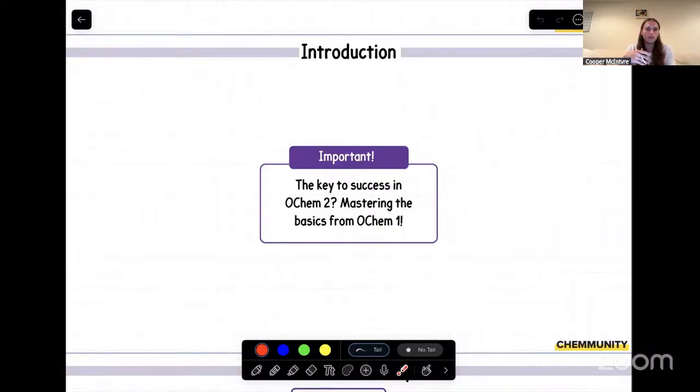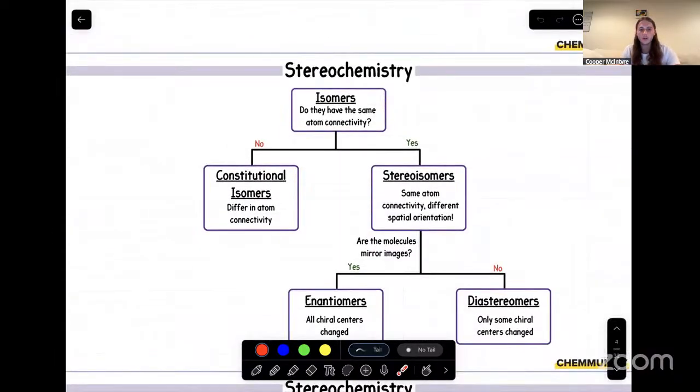I know you'll probably learn spectroscopy. That will definitely be a new topic. But everything else besides that, especially if you're talking about aromaticity or aromatic reactions, at its core, that's just resonance, which is why we'll be doing a deep dive with that today. But to start off with the material, we'll go over stereochemistry first.